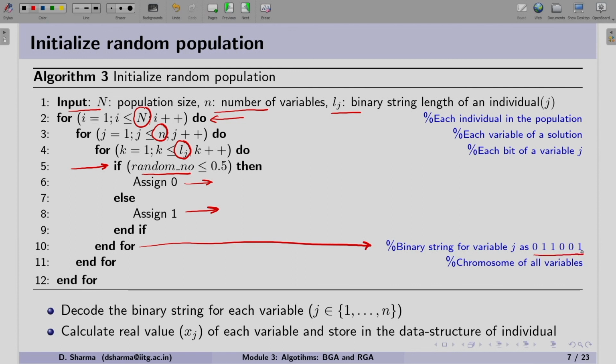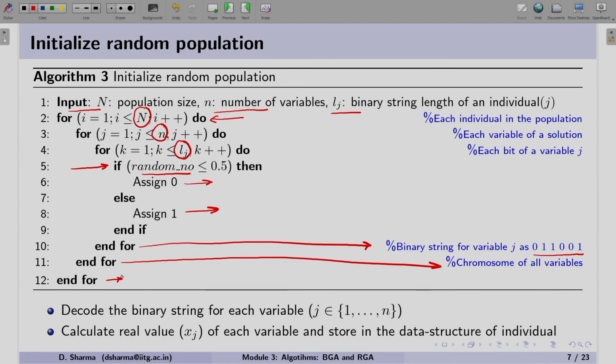So in this case, we are randomly generating a set of 0, 1, 0, 1, 1, 0 for a variable j, and afterwards, once it is done, we will be performing the same thing. You can see this for loop which is ending will give me the chromosome. As we understood, a chromosome includes all the binary strings of the variables, so binary variables, and thereafter we finish it. So this particular initialization will give me the chromosome for each individual in the population.